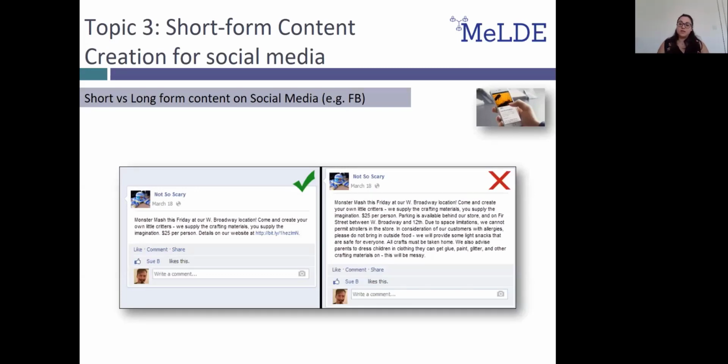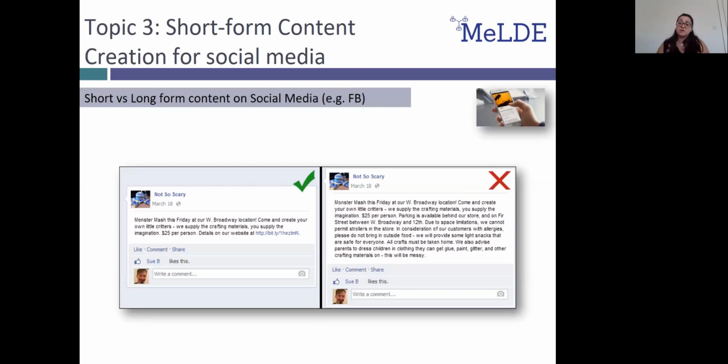To start with, there are many ways of expressing yourself on social media. Facebook is probably the most well-known social media platform that enables its users to create and share content. However, in recent years, there has been a shift towards more short-form content since it's more concise and to the point and thus doesn't require a lot of the reader's time to get the point across.